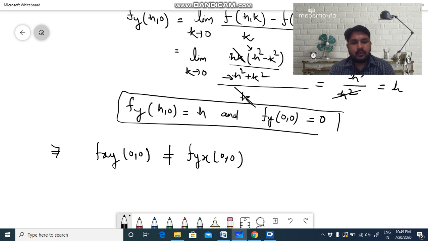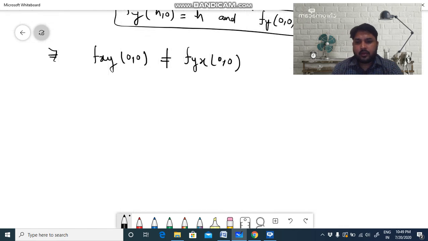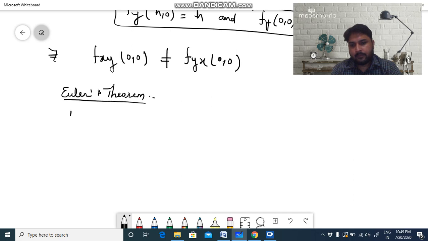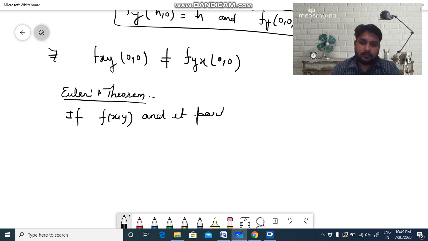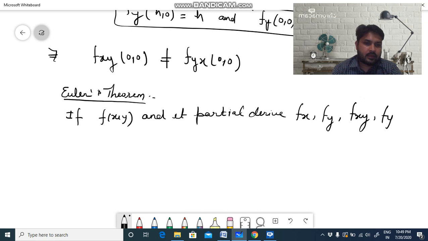So we need an additional condition on the mapping f, and this additional condition is obtained by Euler's theorem. And this theorem says that if f and its partial derivatives, that is fx, fy, fxy and fyx, all are defined